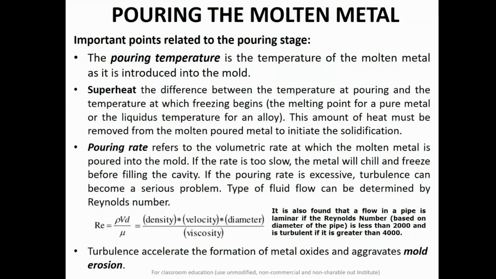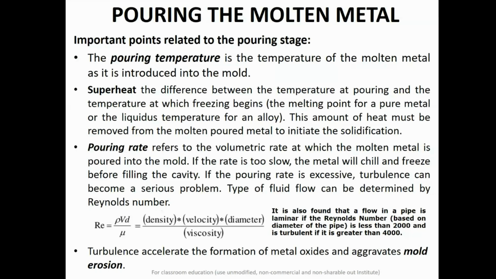And then we have the pouring rate. A very important term is your pouring rate, and it refers to the volumetric rate at which the molten metal is poured into the mold cavity. So this pouring rate is a very important factor for a satisfactory casting process. If this rate is too slow, then the metal will chill and freeze before filling the cavity, and your process will not be completed, and you will have a casting of